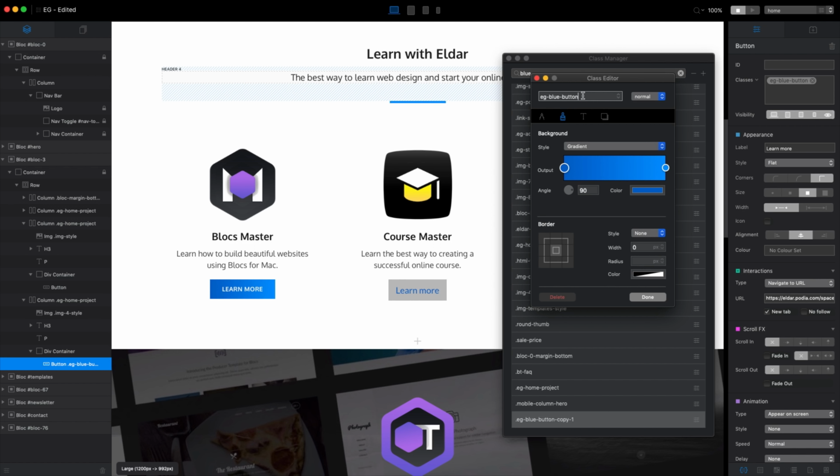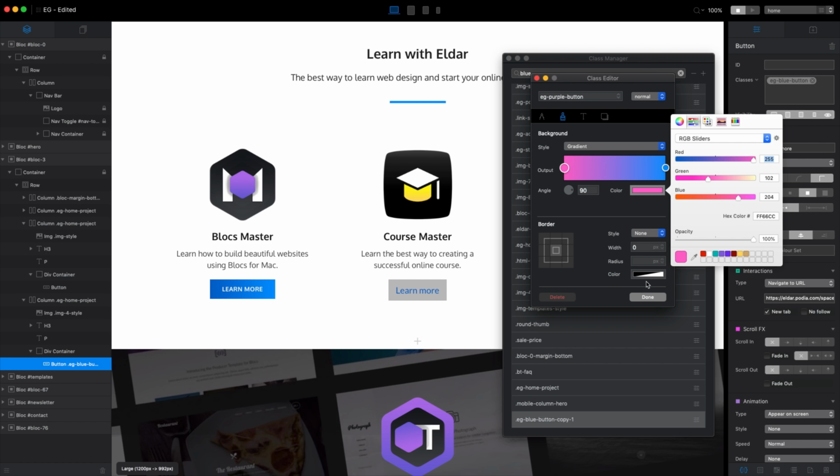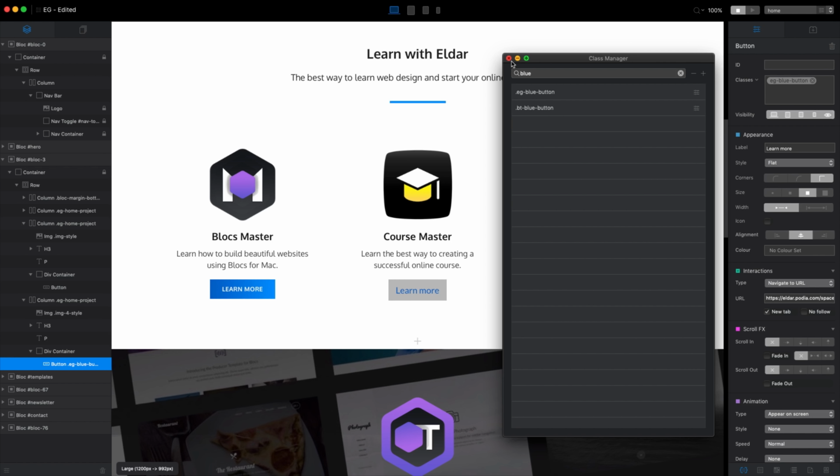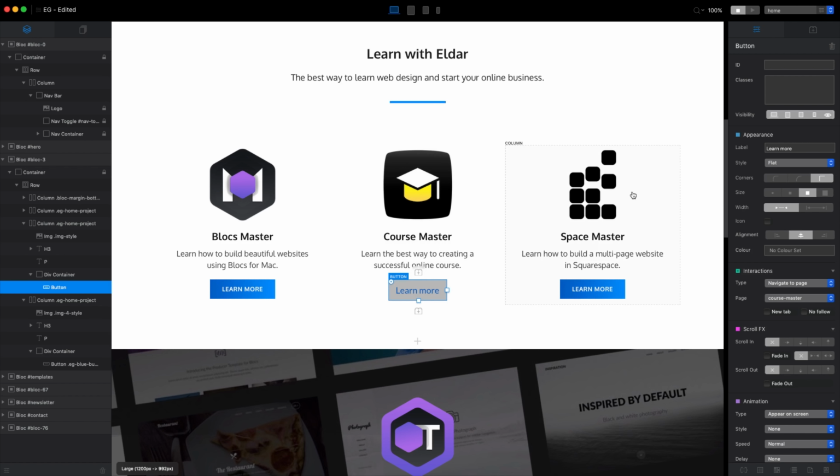So let's make it purple button, and let's make the adjustments we want to have here. So for example, we will change the color to purple. And now if we go back and add this custom class to our button, we will have just the color applied